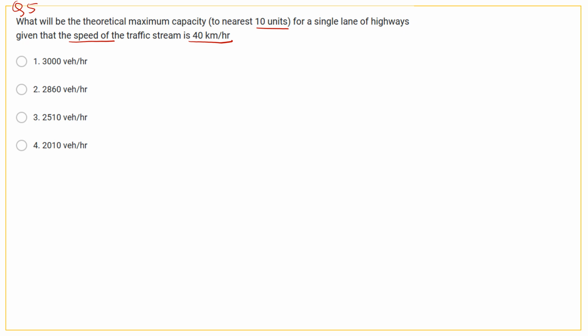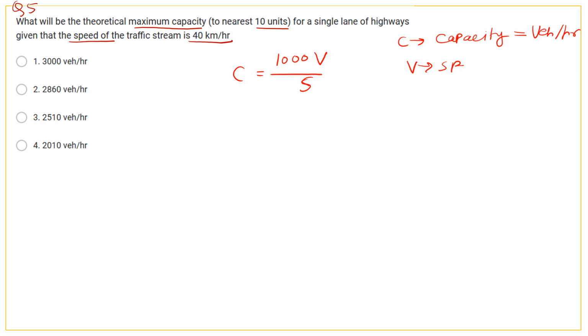Okay, so here to calculate this maximum capacity, the formula is C is equals to 1000 V by S. This C is nothing but a capacity in vehicle per hour. Then V is speed in kmph, and S is nothing but a minimum clear distance between two vehicles,